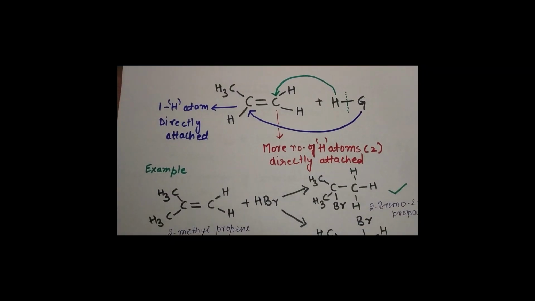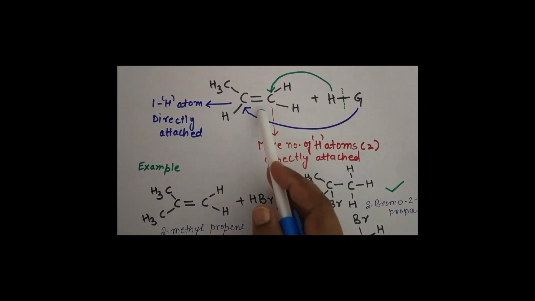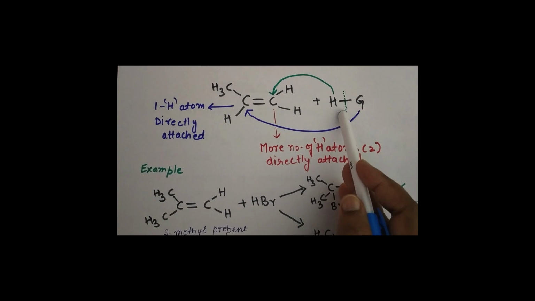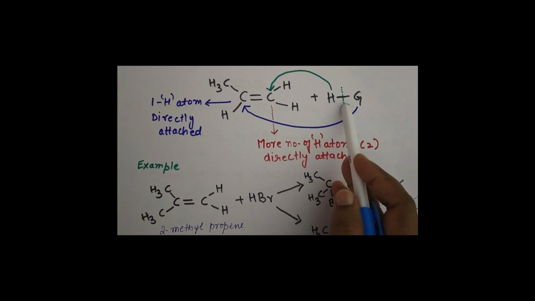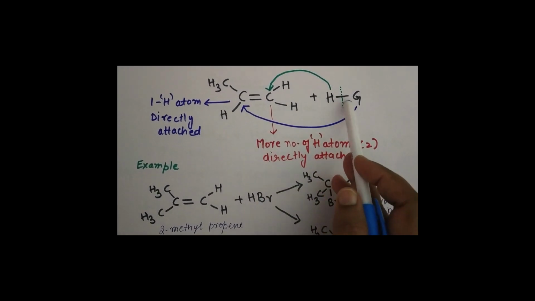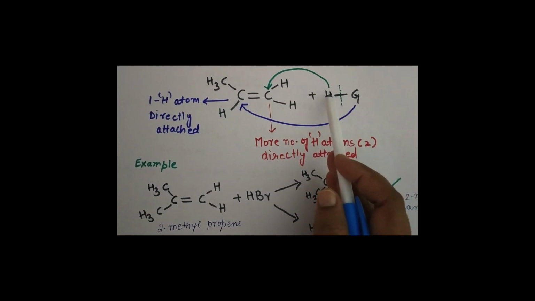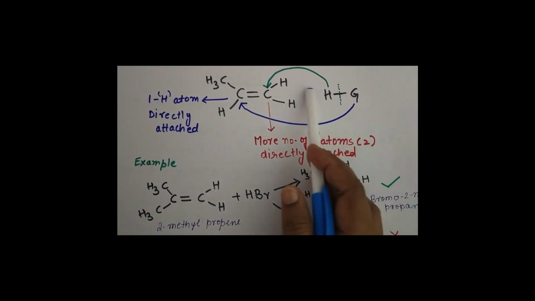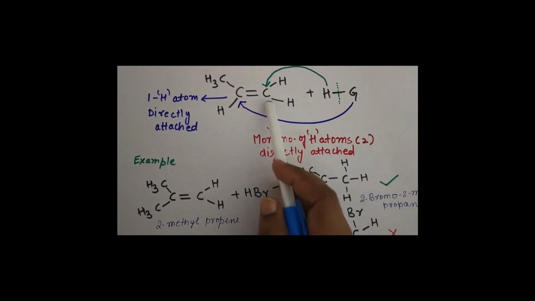To understand the Markovnikov rule, we can see this example. Here we can see the alkene and HG is the unsymmetrical reagent. So here H and G are there, and this is the double bond between two carbons. This HG unsymmetrical reagent will split into H plus and G minus. So H plus, or the positive part, will go to the carbon which has the maximum number of hydrogen directly